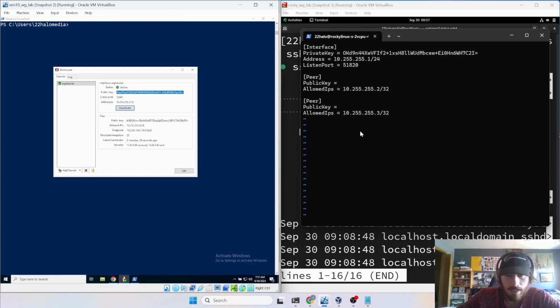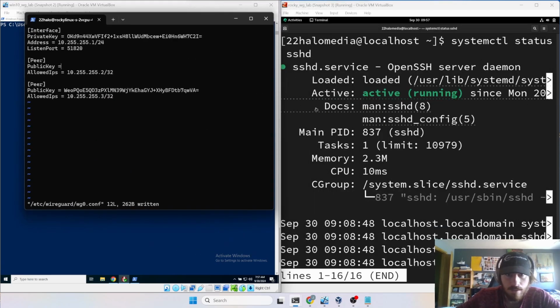So you can see that that handshake isn't working anymore since it's not connected at the moment. So there's the public key for the Windows host. Now we got to put it in for the